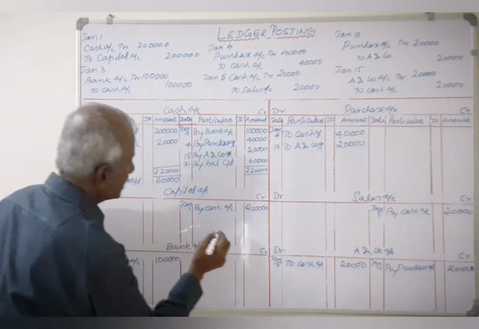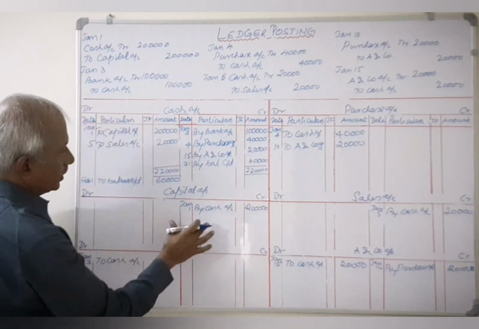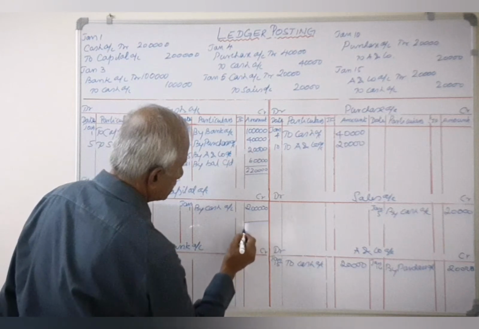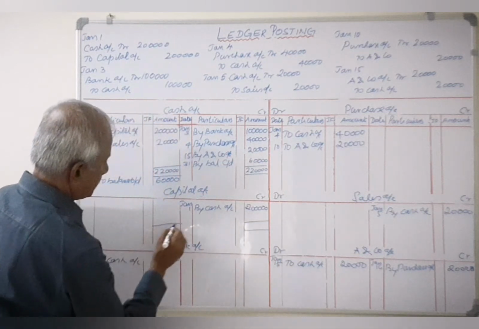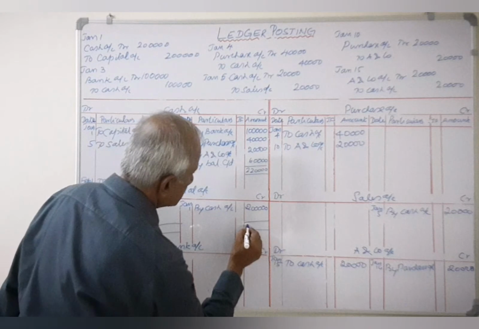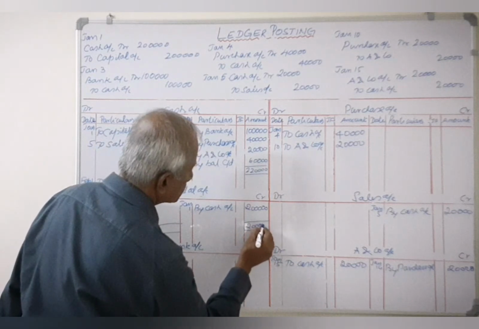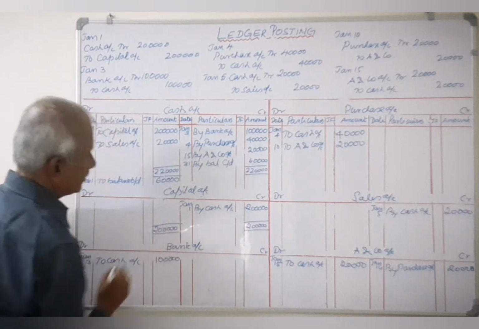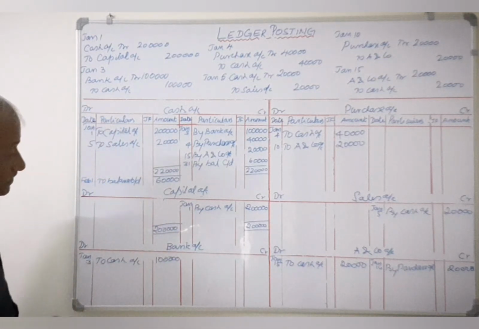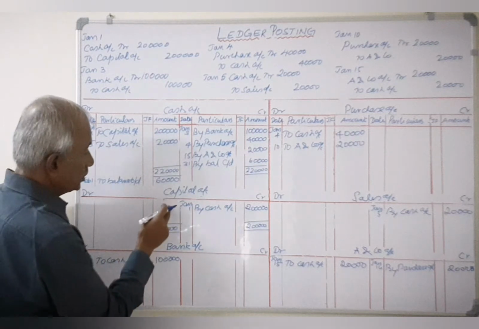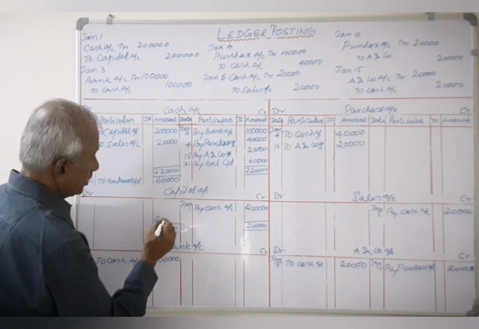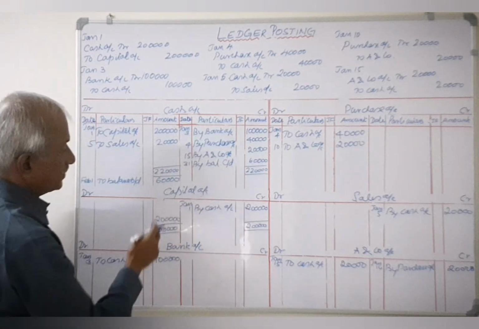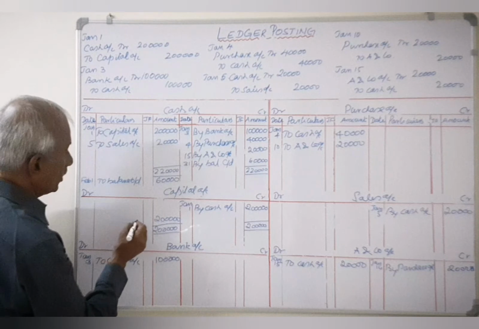Now let us go to the next account, the capital account. Now the heavier side is the credit side. So let us total it. It is 2 lakhs. Carry the same total to the opposite side and find out the difference. Now 2 lakhs minus 0, it is 2 lakhs only. Place the difference on the lighter side so that both sides become equal. Against it you write always carried down.